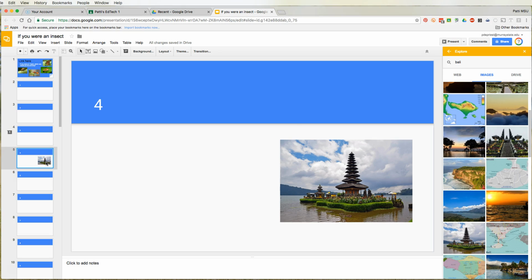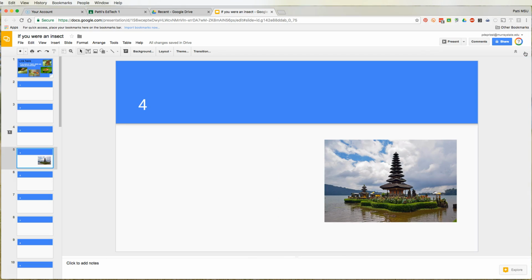Anyway, Google Slides is an awesome little program. It lets you not only collaborate within the slide deck, but you can do all kinds of things. I've showed teachers how to do vocabulary on a weekly basis: give vocabulary words, put them into your slide deck, have kids randomly pick a number and then go to that slide and put in a definition for that word, put in a picture if they can find one, and then use that word in a sentence. When they're done, the entire class has the entire vocabulary, the definitions, a picture, a sentence to study from, and